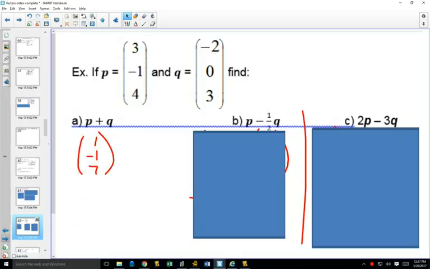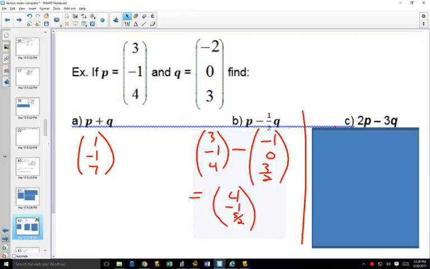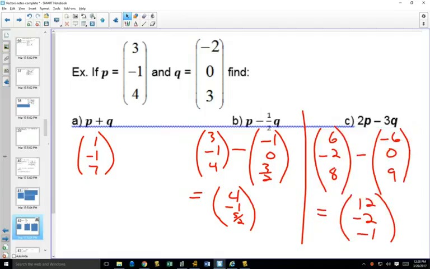If you add them together, you'll get 1, -1, and 7. Here, if you put the half through first to see what happens to each of those coordinates and then subtract them, again, not very hard. Same thing with the last one. If you multiply by 2 and multiply through by that 3 and then subtract them,